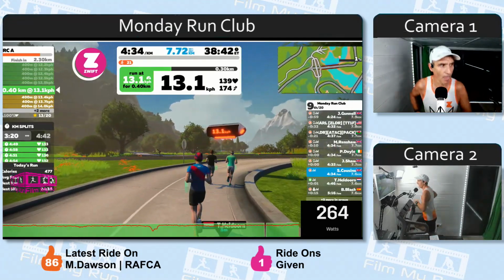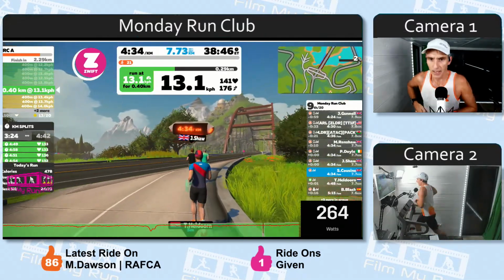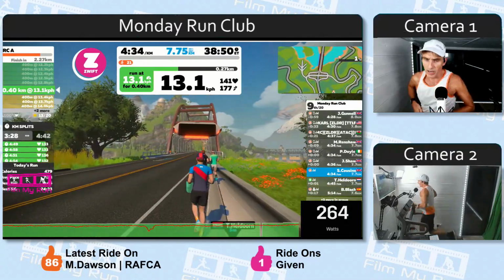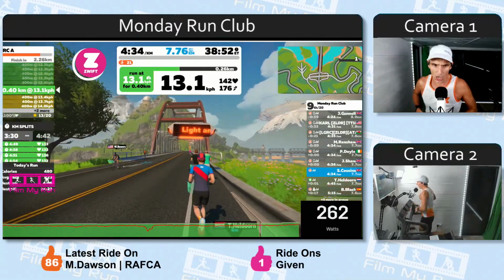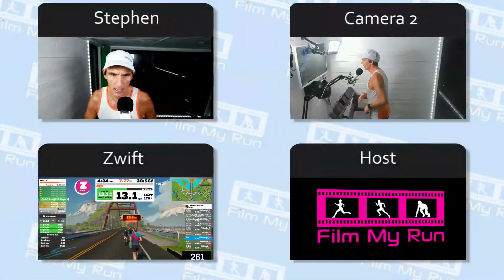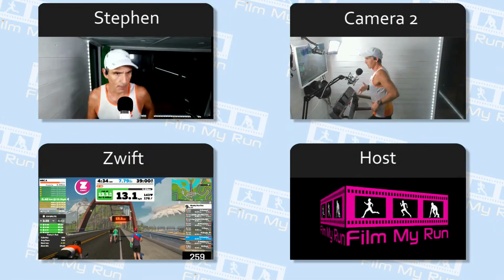David Buckingham. The way to lower your HR is to increase the volume of miles that you do in a week. So, more mileage, but a lot slower. So, just run really, really slowly.